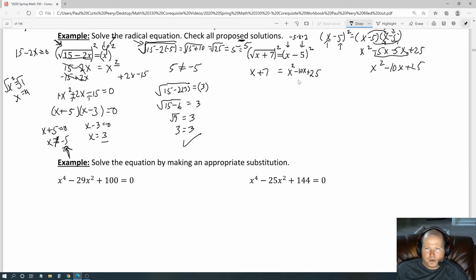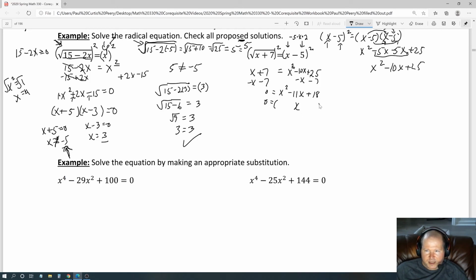It's fine. Okay, now this is a quadratic, so let's assume we can factor this. So we're going to try to solve it through the zero factor property. So minus x minus 7 on both sides. So that is going to be 0 is equal to x squared minus 11x, and 25 minus 7 is plus 18. So now we're looking for